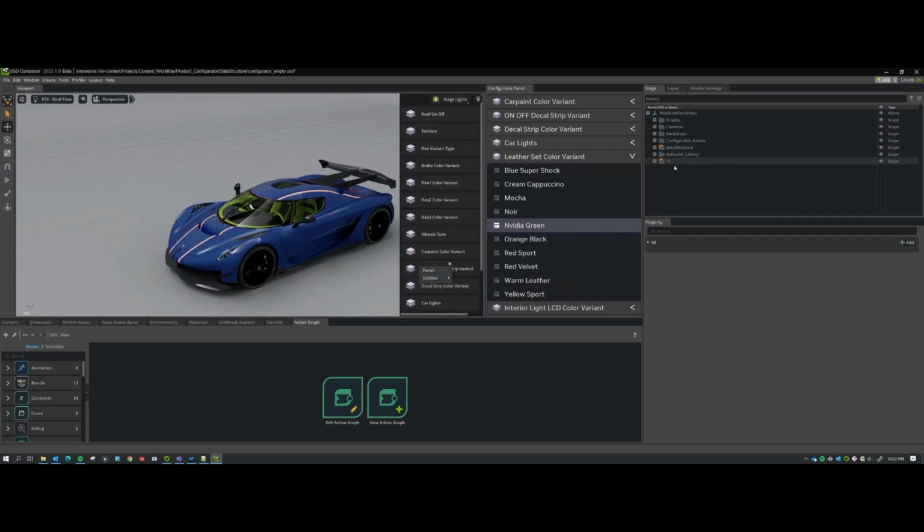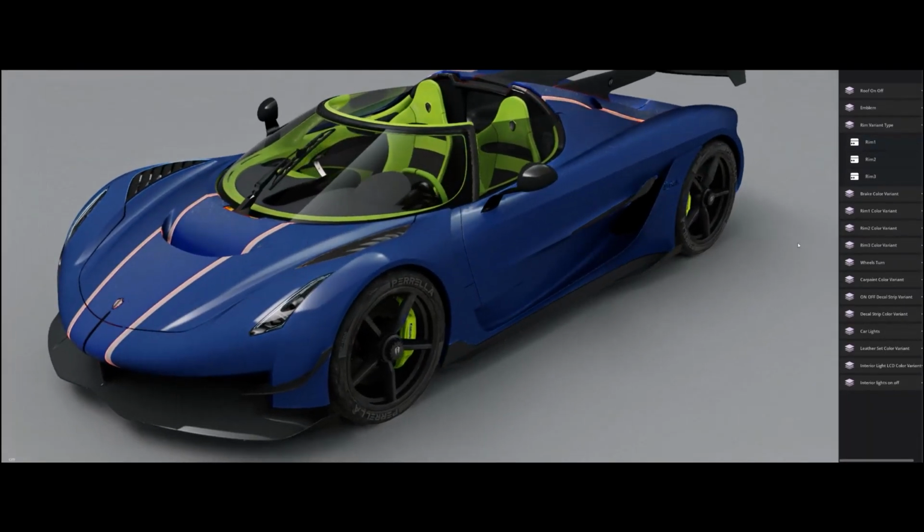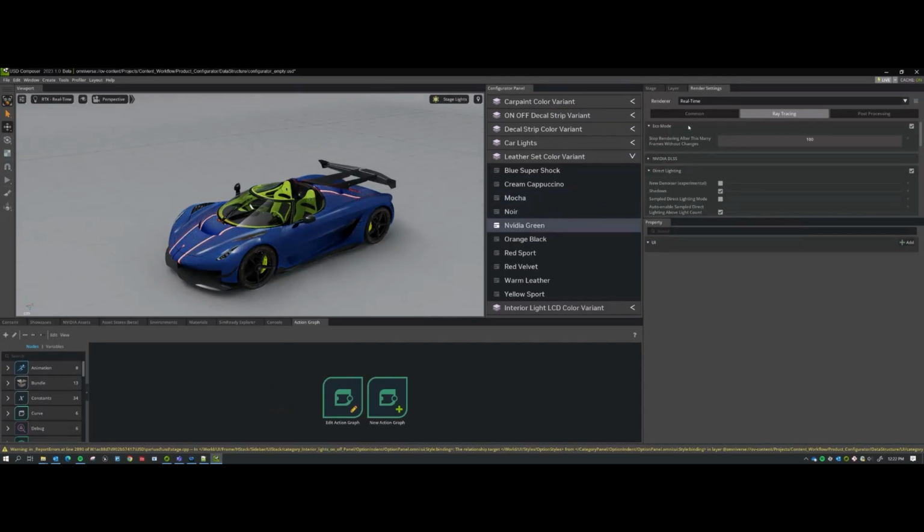All right, so my UI has now been completed, and it is also functional. So if I click on these, turn the roof on and off, I can change rim types, right? So you can see how this is kind of an analog of this one because they're both built off of the data structure. The one little difference is this viewport UI, right? If I hit Control-Alt-C, it's on my viewport, which is nice, but it's also not quite as responsive to